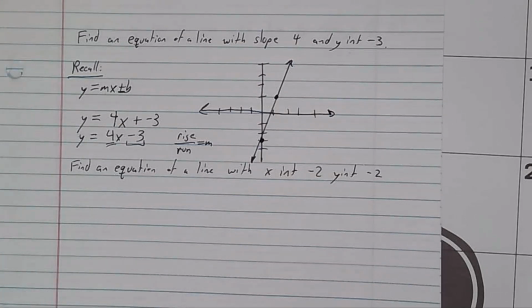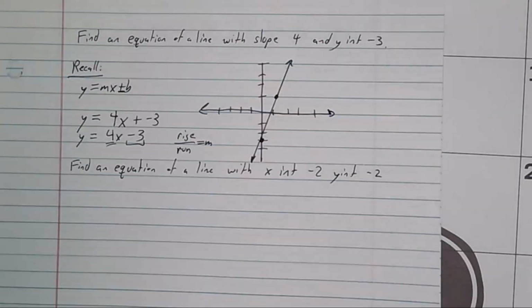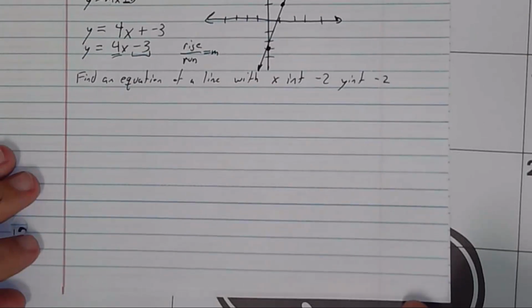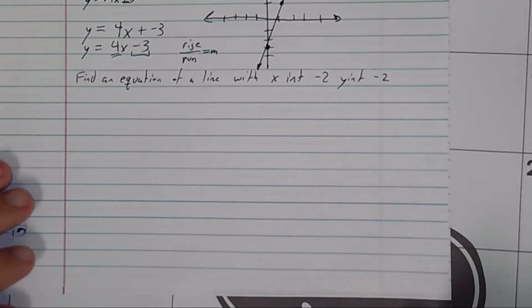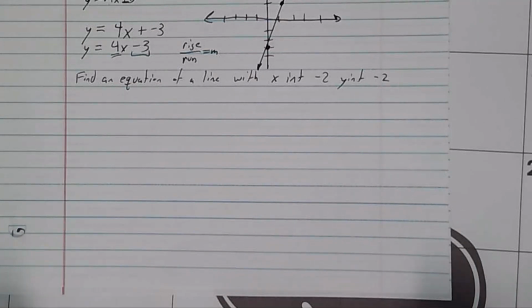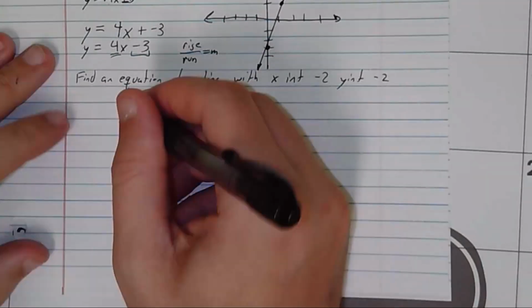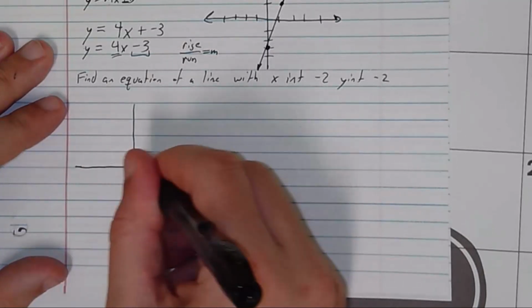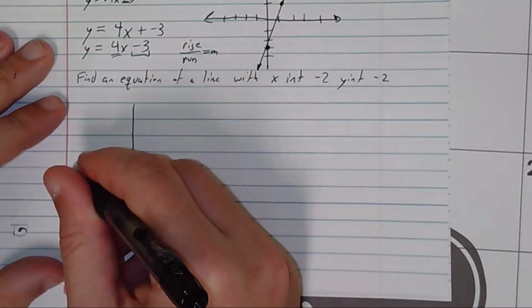Well, here I've been given a problem that says we're going to find the equation of a line that has x-intercept -2 and y-intercept -2 as well. Now this one's really interesting because we might start with a graph before we do anything else, especially since we know the y-intercept. So in this graph,